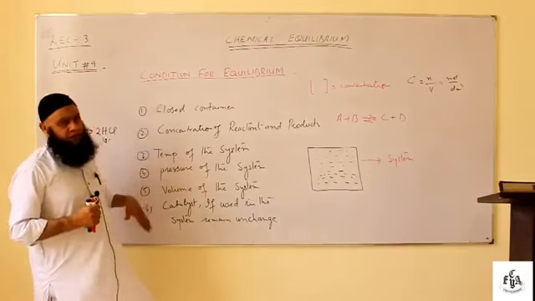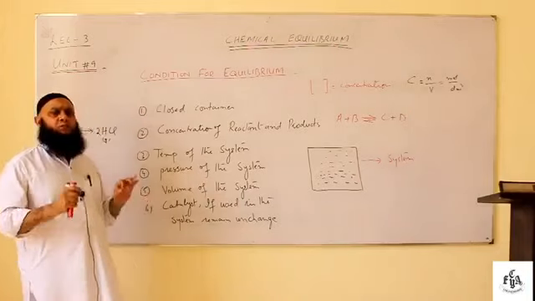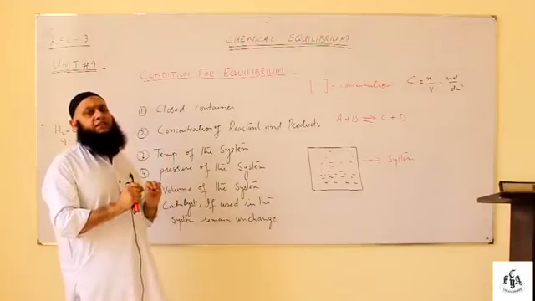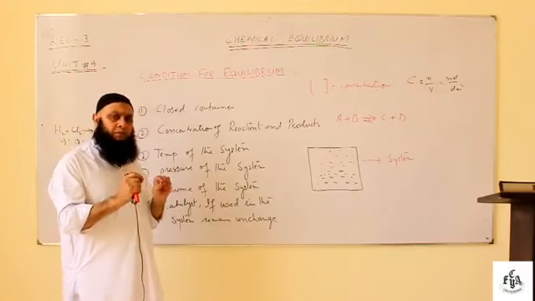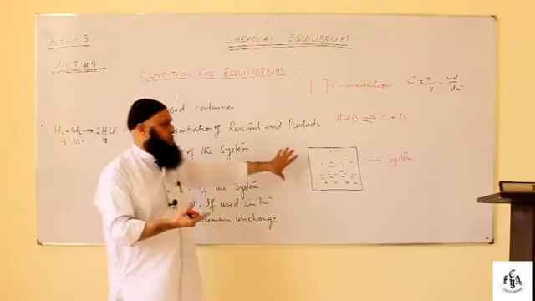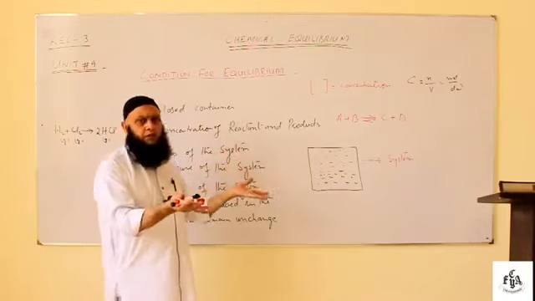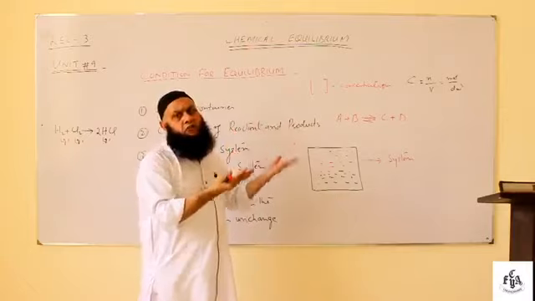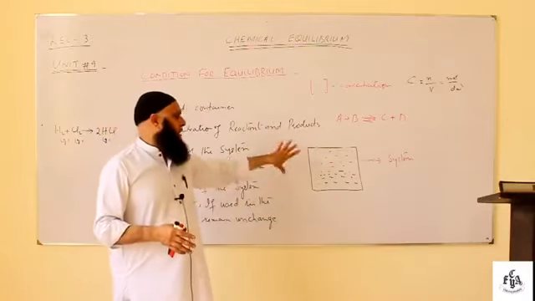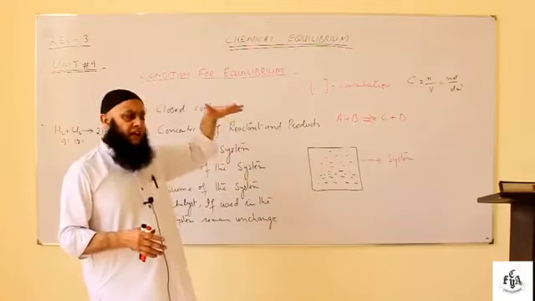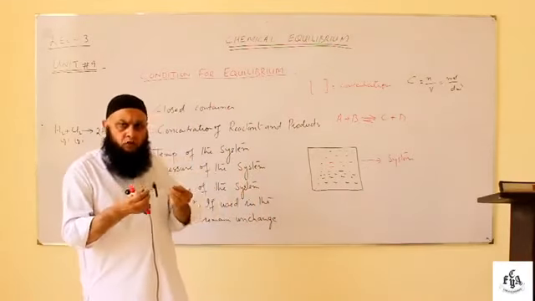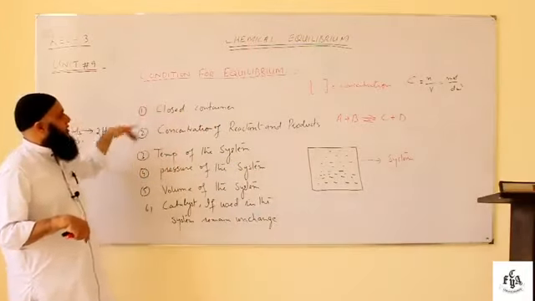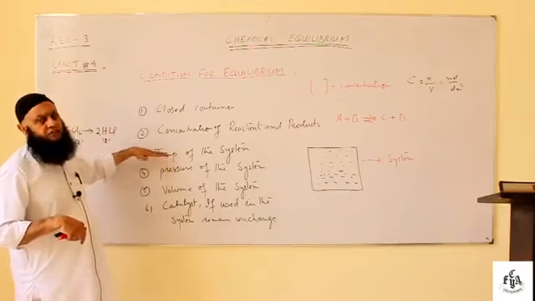Then another condition for chemical equilibrium is temperature. Every chemical reaction takes place at a specific temperature, and if I increase or decrease that temperature, the equilibrium will be disturbed. If I increase the temperature of the system, what will happen? The kinetic energy of the molecules increases, the number of collisions is more, and so the chemical reaction will speed up, and equilibrium will obviously be disturbed. Similarly, if I decrease the temperature, the kinetic energy of the molecules will slow down, and the rate of chemical reaction will also slow down. So for chemical equilibrium, a specific temperature for the system is needed.